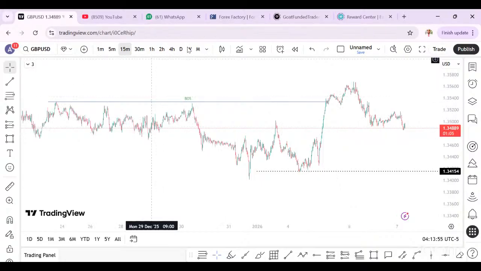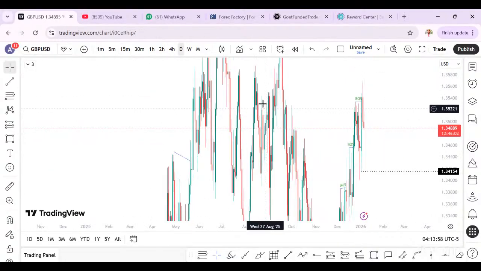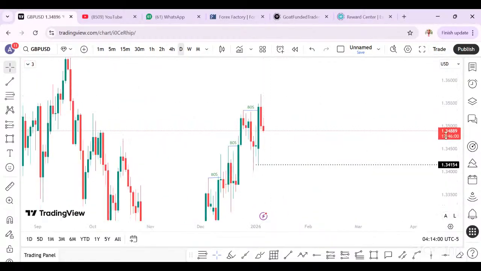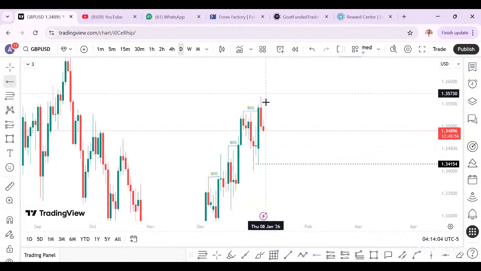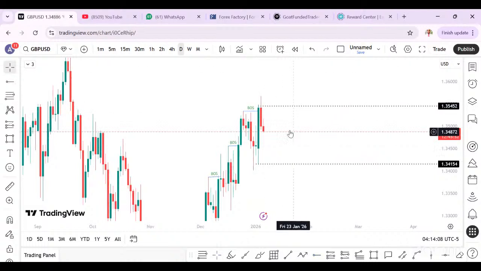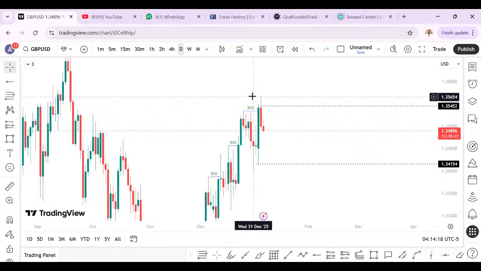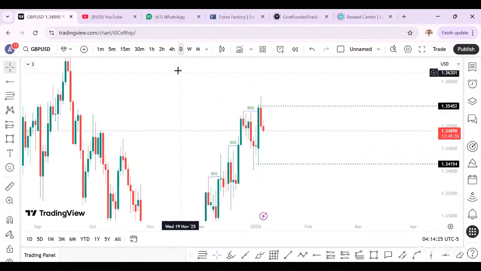What you will do is put a horizontal line on the previous day high. For example, I'm showing how to use candle theory to catch this kind of move. So you put your line on yesterday's high. Once you see that around 8 a.m., this is called a Judas swing. That yesterday's high has been swept. It means that for the rest of London or New York, we may have price coming down. So you want to catch that move.